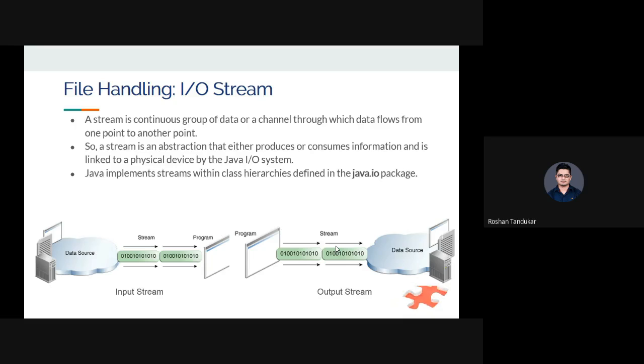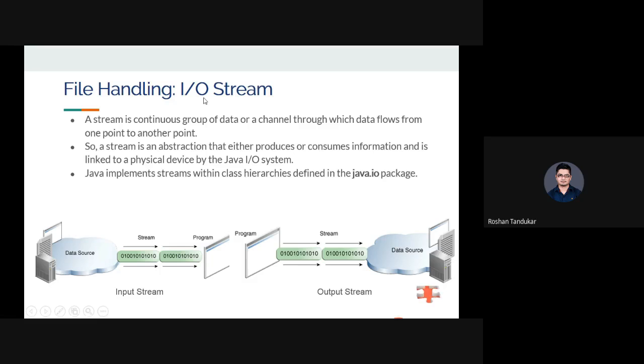File, process, and what? Program. A program is static. You are writing a certain collection of data. Whenever you create and execute that program, it will create a process. And if you are storing the same program in a location of the permanent memory or secondary memory, it is said to be a file. So basically file handling is also a part of